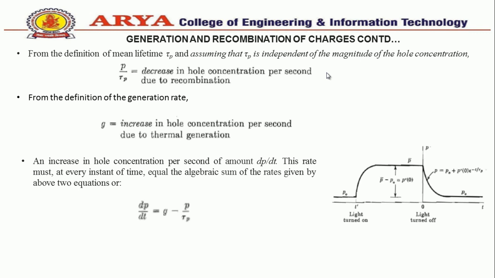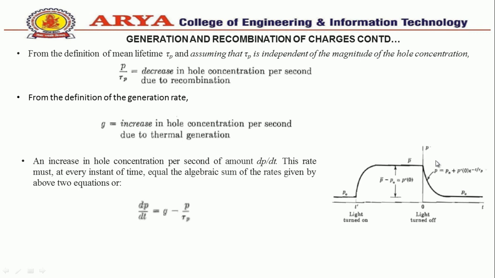In other words, we can say that radiation affects the majority concentration hardly at all, and therefore the behavior of minority carriers can be studied to understand the nature of this increase and decrease in charge carriers. So after a steady state is reached, that is at t equal to 0 in this figure, the radiation is removed, and we can see that excess carrier density returns to 0 exponentially with time.